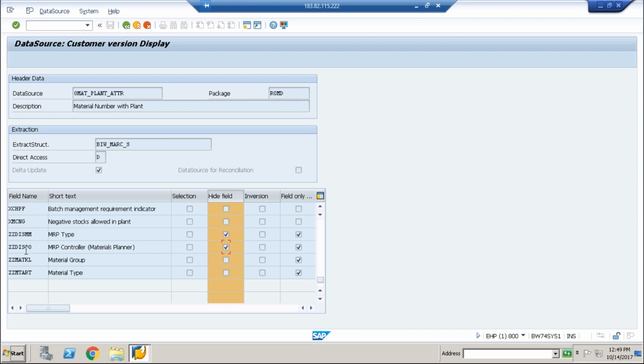When you replicate the data source and try to see the fields in the data source, you don't see these 2 fields. You only see the fields where hide field is not ticked in the BW system. But in case of ECC, you can see these 2 fields also. Within the ECC system, you can see everything. But when you replicate this data source into different systems, BW or some other, whatever it is,